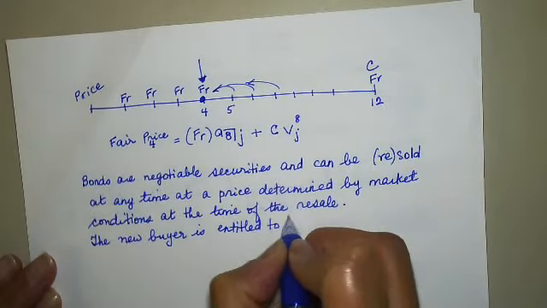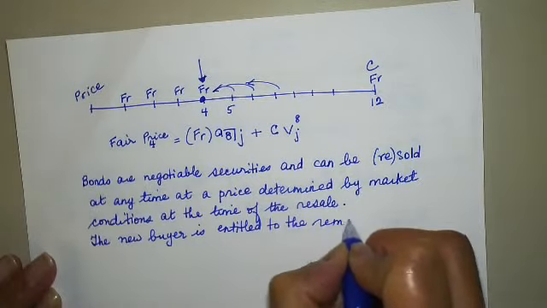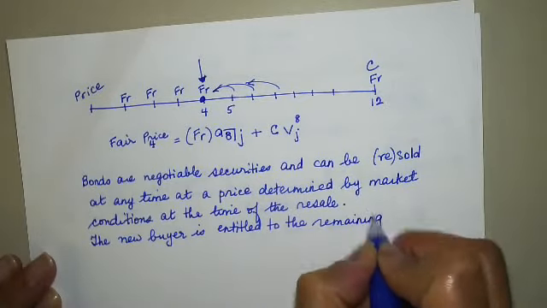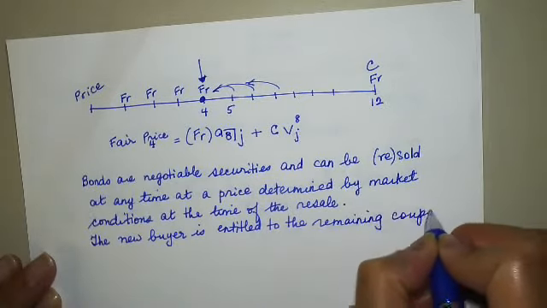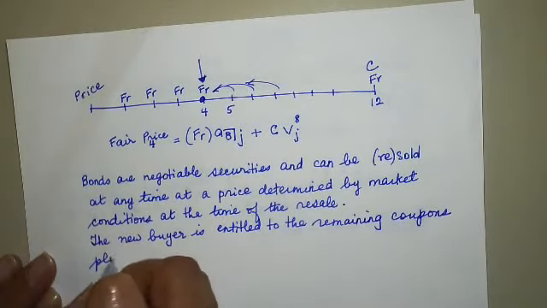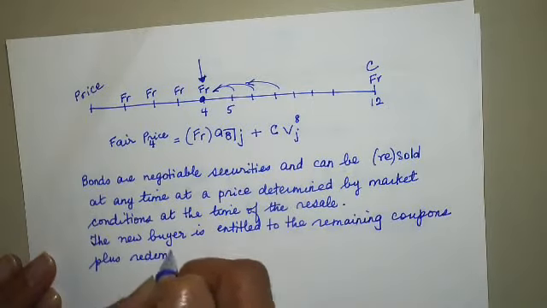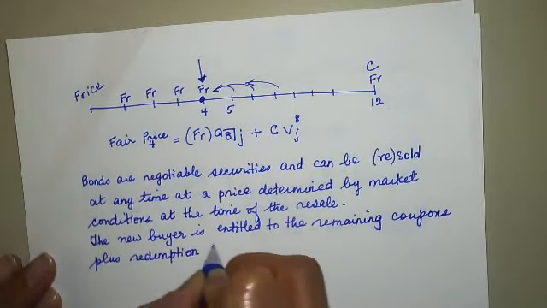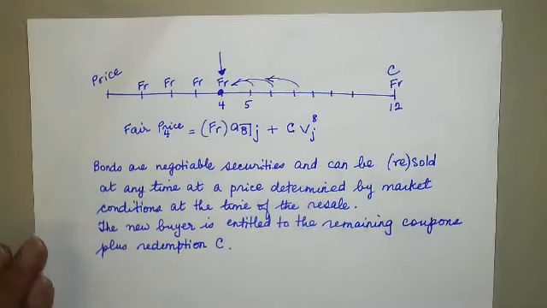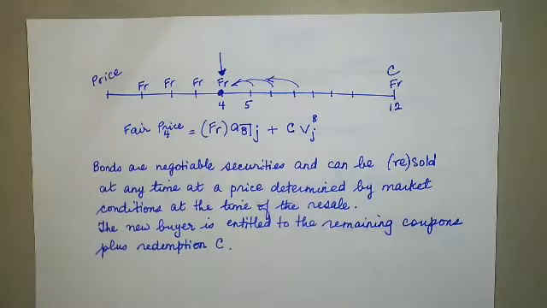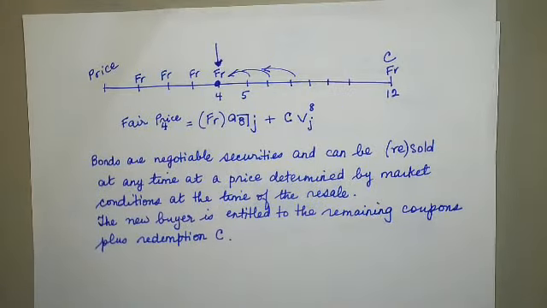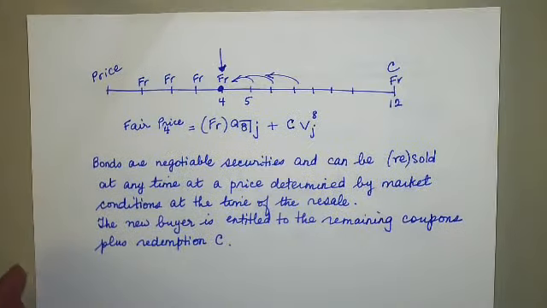The new buyer, Matthew, is entitled to the remaining coupons plus the redemption. See, makes sense, right? Okay, so if we go to the next problem, next page, page 9,